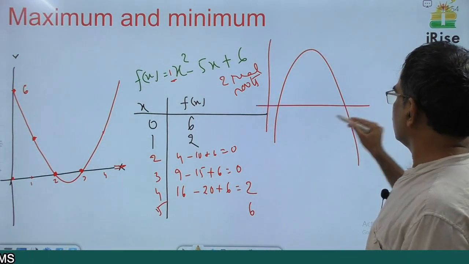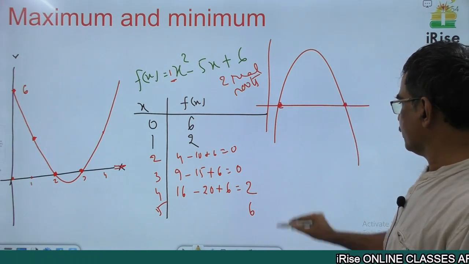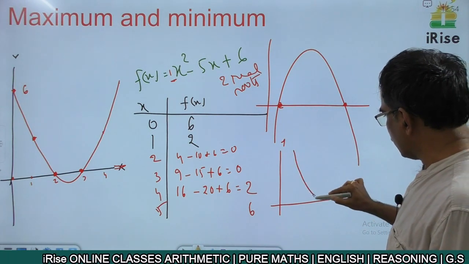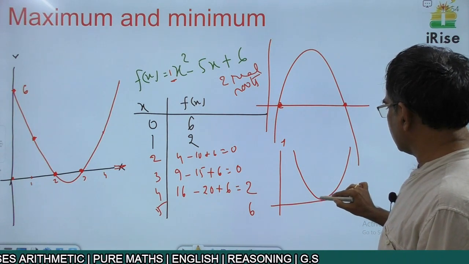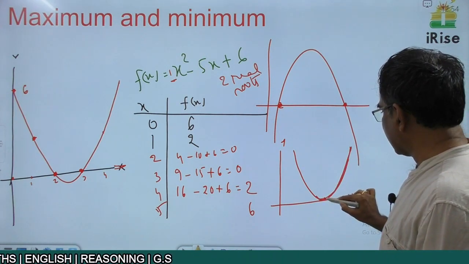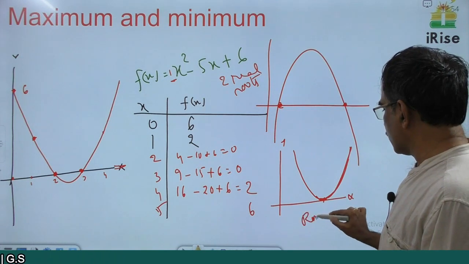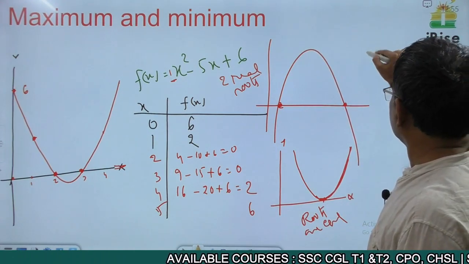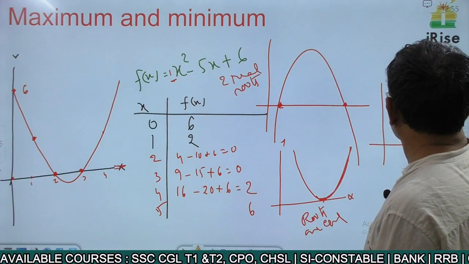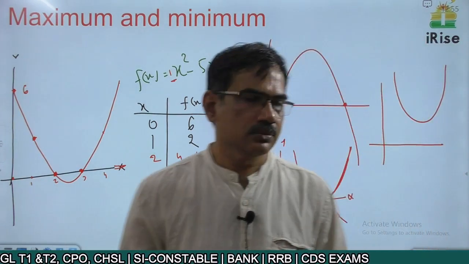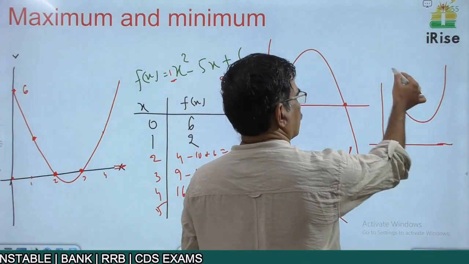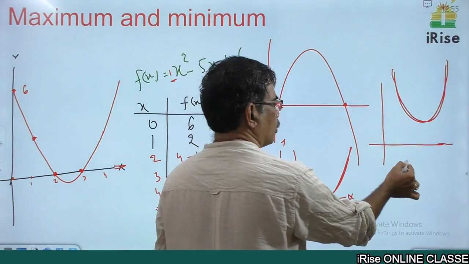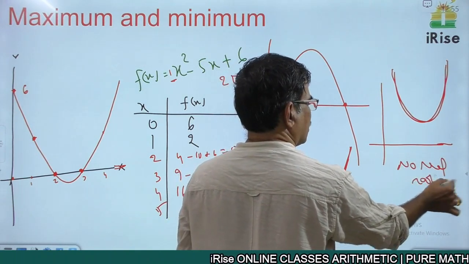Even this curve also, at 2 points it is having 2 real roots. For example, if this is the x-axis, this is the y-axis, the curve is like this, a parabola like this. If we touch the x-axis at only one point, then we say that the roots are equal. And if this curve is totally above the x-axis or below the x-axis, like this, this is a quadratic expression, but it does not intersect the x-axis, which means it is having no real roots. This is the concept of graphs.